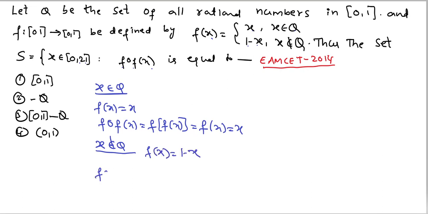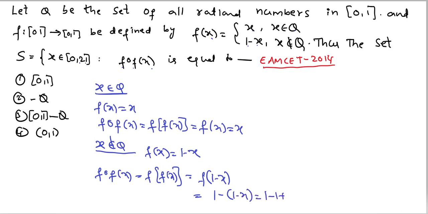Now we find f circle f of x equal to f of f of x. f of x value is 1 minus x, that is f of 1 minus x, that is 1 minus (1 minus x), so 1 minus 1 plus x, 1 cancelled, x. That means f circle f of x is equal to x is possible